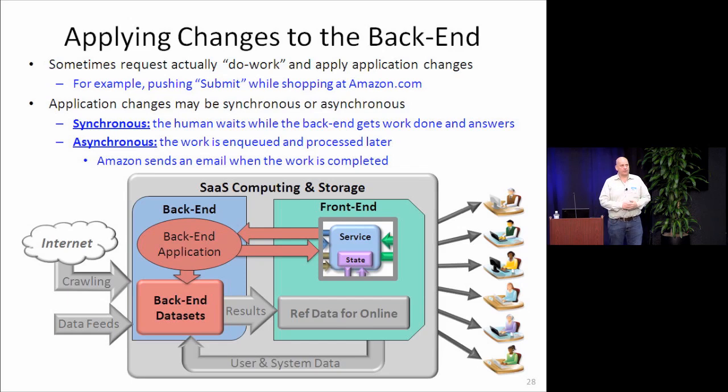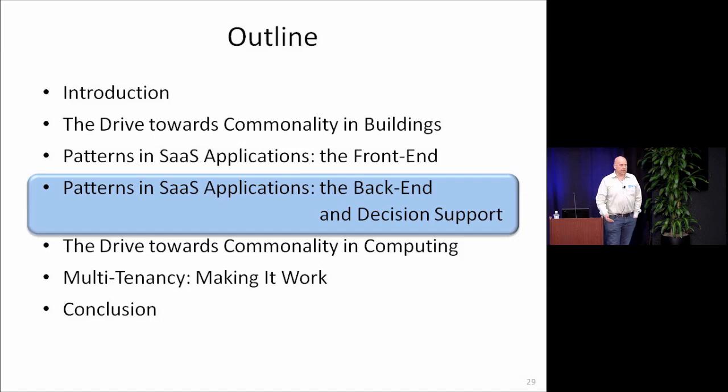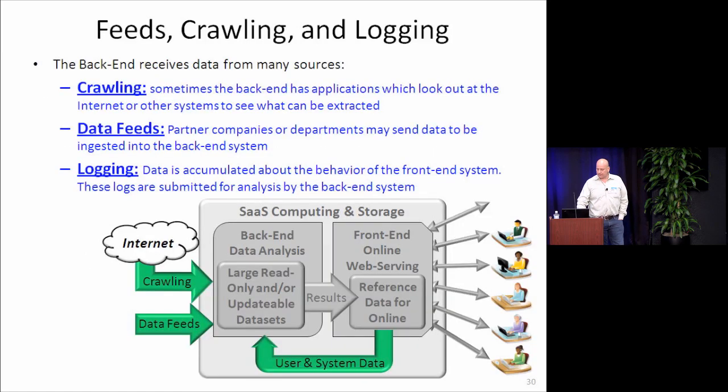Now, how do I apply those changes to the back end? Sometimes I am doing front-end work and I'm calling into a back-end saying, I want to make a change to the data. Sometimes I do it indirectly by queuing some stuff, right? So synchronous, I can actually go out and you can think of updating the database. Of course, now that's challenging when you have a scalable world, right? We could talk about that. And sometimes I just enqueue something which then asynchronously processes it against the back-end stuff. Sometimes I'm just logging and capturing information for what did people click on for subsequent BI analysis to figure out what's going to work well. So now let's look at the back-end a little bit and how do we do back-end and decision support stuff.